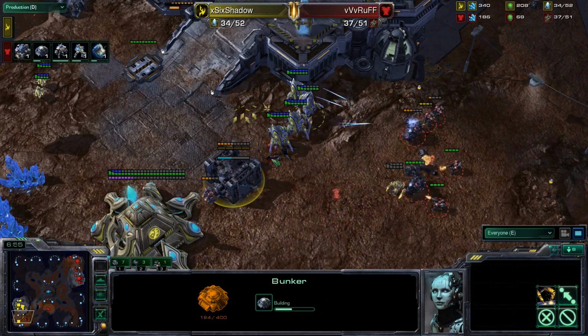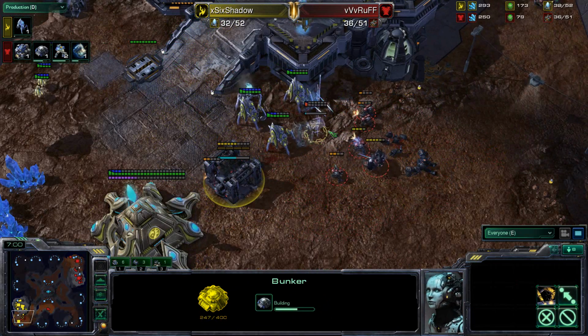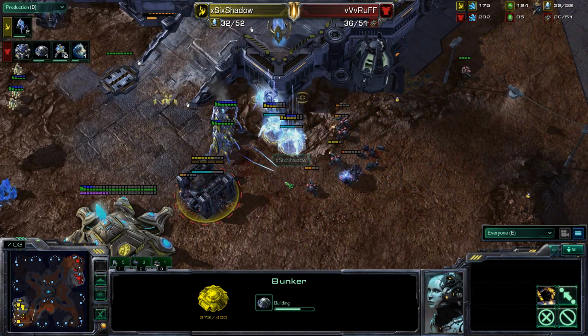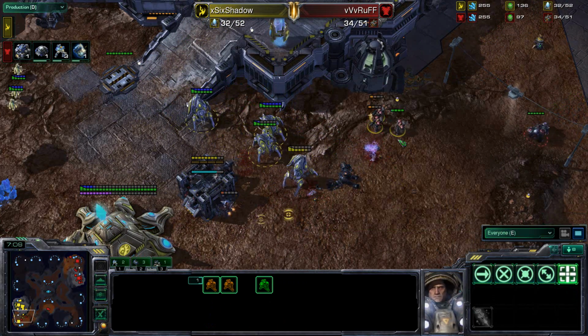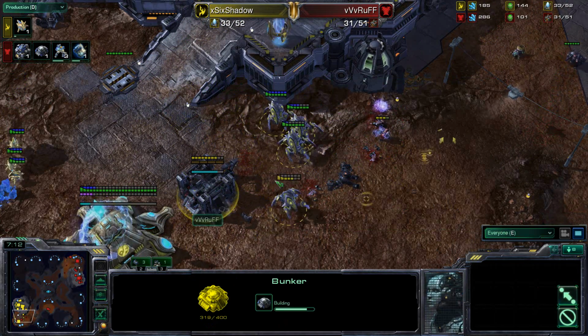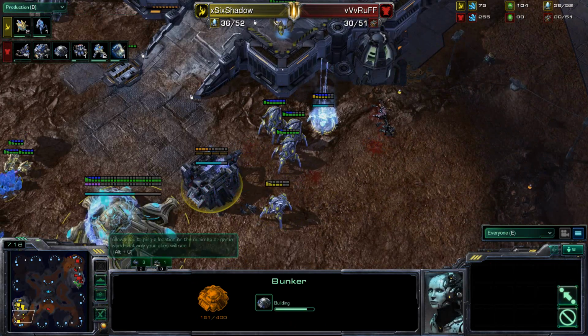Does not want to allow these units to get into the bunker. Ruff is not doing a great job of kiting here, but trying to focus down units one at a time. And Shadow with these reinforcements, I think, might be able to take down these forces. But if this bunker finishes and Ruff is able to get inside, that could be huge. That SCV was focused down, and Shadow's going to be able to clean this up, not taking too many losses